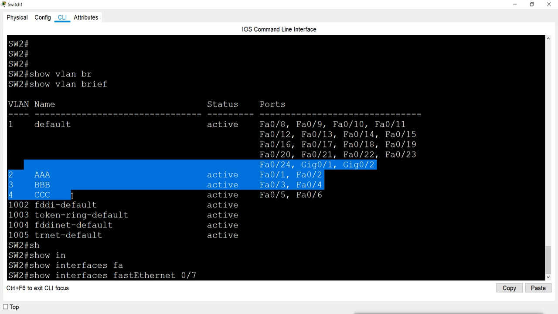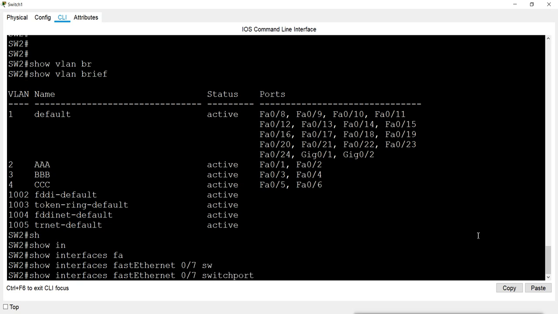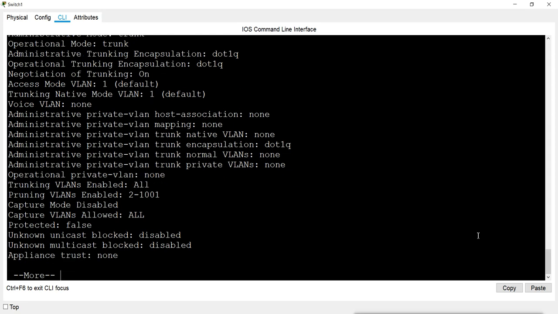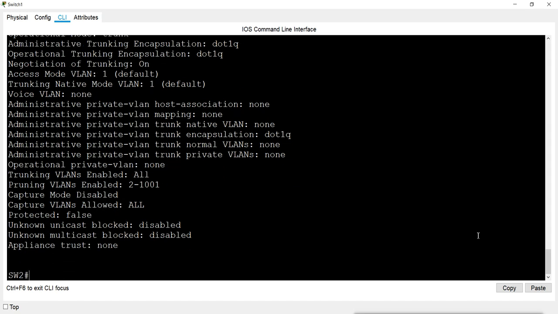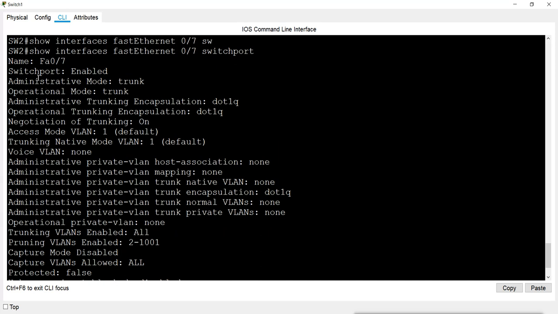So if we want to see the information about it, we can give the command show interface FastEthernet 0/7 switchport. It shows all the information about this port. It shows the port name, number, switchport is enabled, and administrative mode is Trunk.